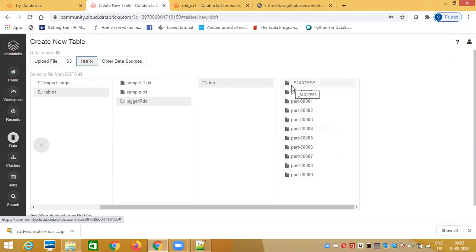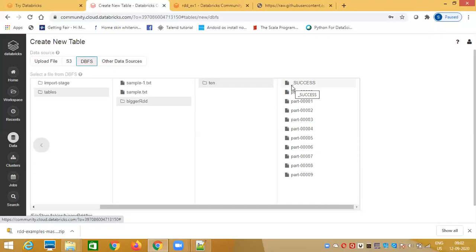Similarly, if something failed, that underscore temporary will be changed to underscore failure. So you have to make sure that when you are reading, the directory has an underscore success file. Or programmatically, when you write an RDD to a distributed file system, you will see the number of partitions.